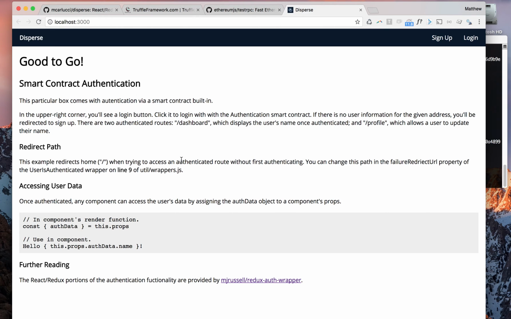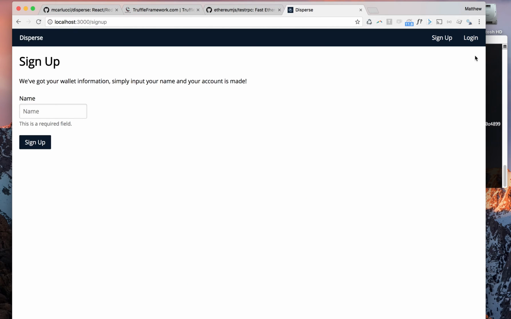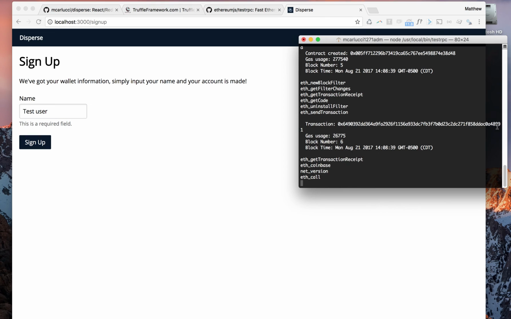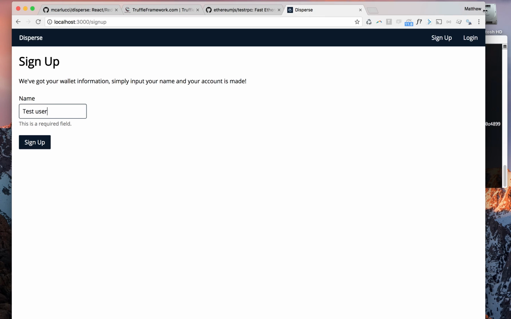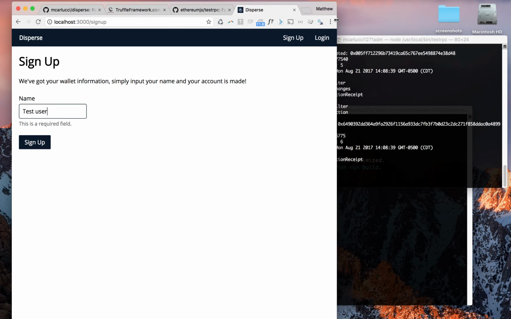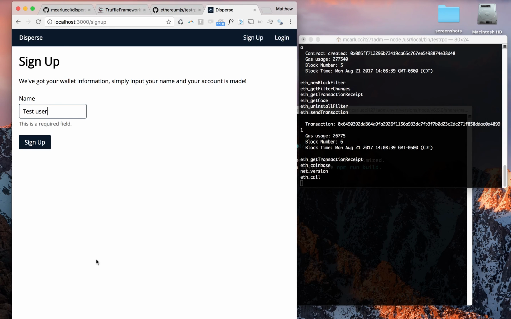in this box. So what's cool about this is if I want to log in, because I don't have a username, it's going to redirect me to the sign up page, and I'll say test user is going to be my name, and when I sign up, notice over here, let's do this here so we can see. So when I sign up,